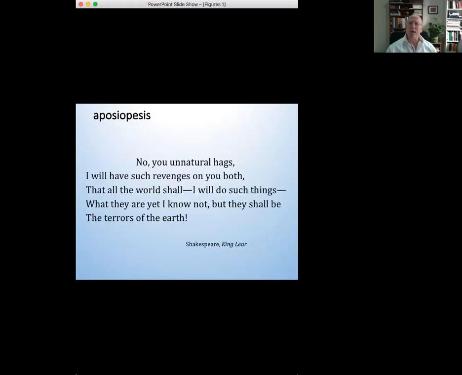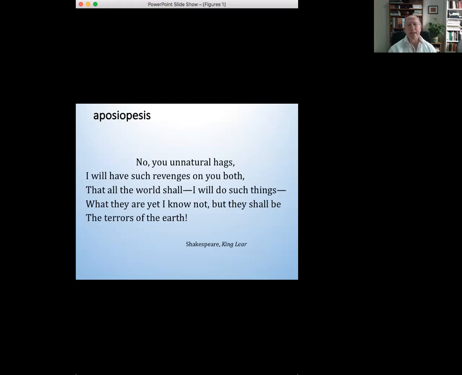Now, the next one, aposiopesis. Quintilian, one of the ancient theorists of rhetoric, observes that this figure often indicates passion or anger. And indeed, that's what it does in one of the standard examples of this figure in Shakespeare criticism and rhetorical studies at large. King Lear, when Lear is just so furious with his daughters who are being mean to him,